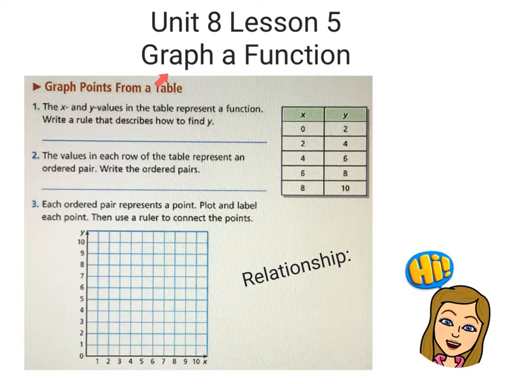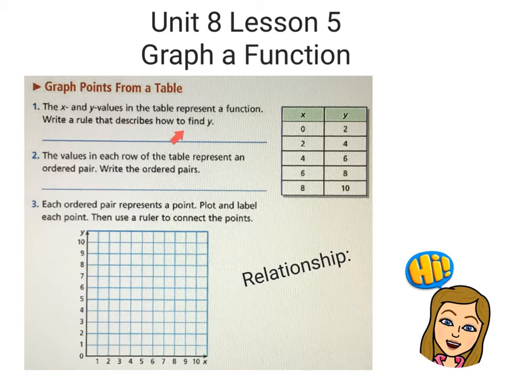Today we are going to learn how to graph a function, which means we'll be graphing the ordered pairs that we find from an input-output table, like the one pictured here. So here we have the values of x, and when a rule is applied, it becomes the values y. So when we look at this table here, we need to figure out what the rule is that describes how to find y. It's like putting the numbers into the function robot, programming something or applying the rule in order